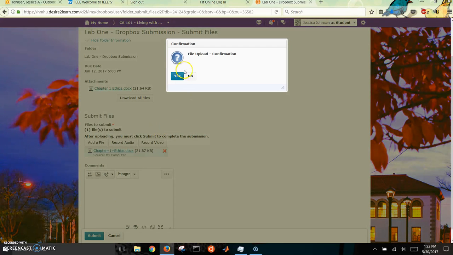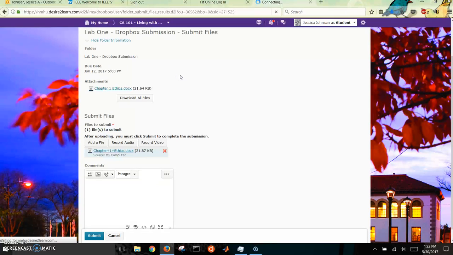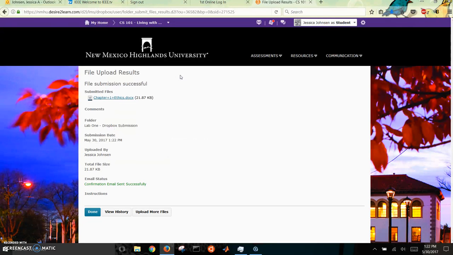File upload confirmation. Yes, we definitely want to upload that file. Okay, and then thank you, phone. We just got an email saying that we submitted this successfully. Email status, confirmation, email sent, uploaded by, total file size, your submission date, May 30th, 2017, the exact time. And then you click done,